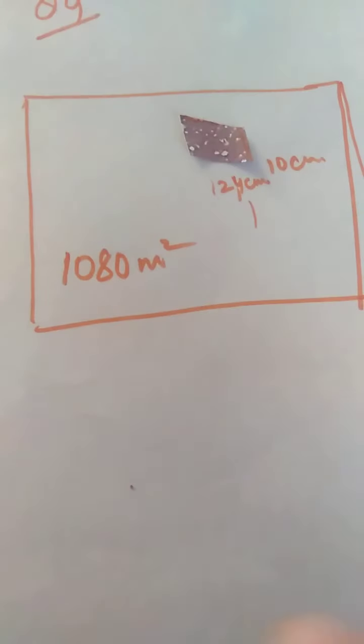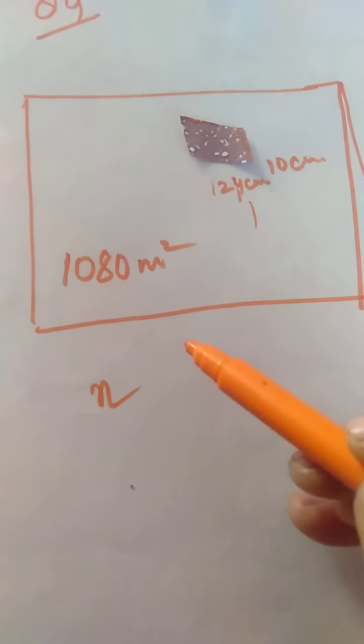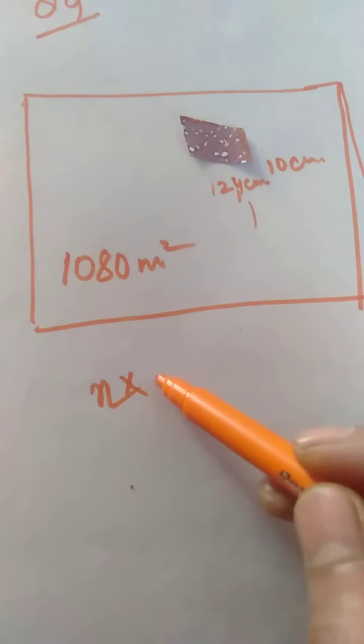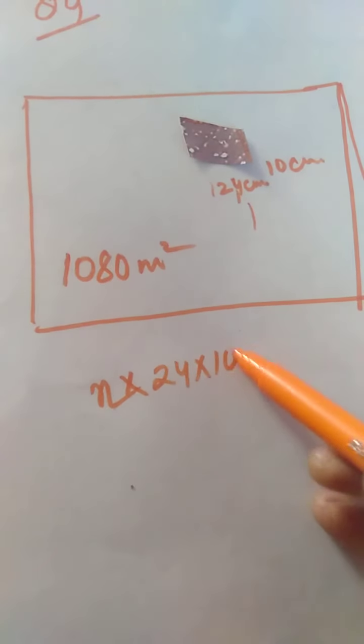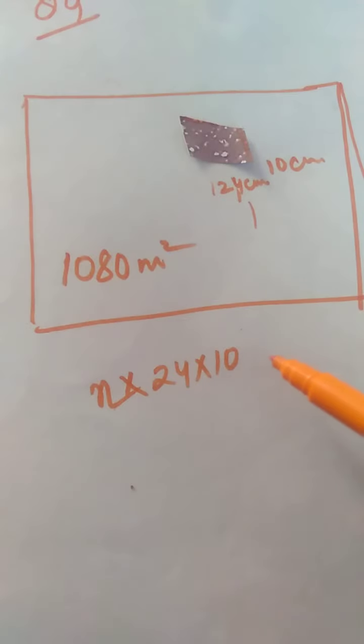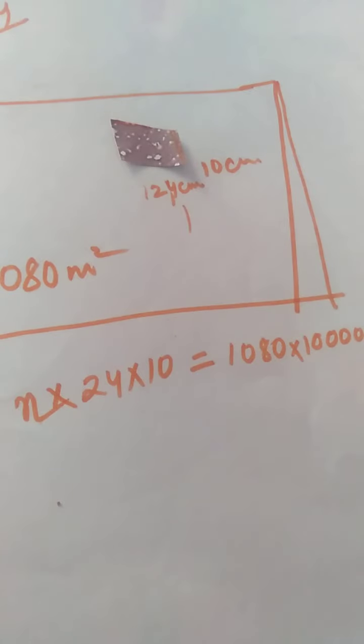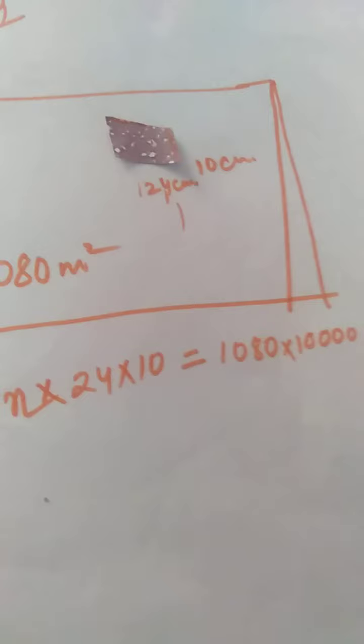So if we consider that the number of tiles required will be n, then n into area of one tile, 24 into 10. Now these two units are given in centimeters, and this area is given in meter square. So we have to convert into centimeter square. 1080 meter square, with this we have to multiply 10,000. Why have we multiplied with 10,000? Because